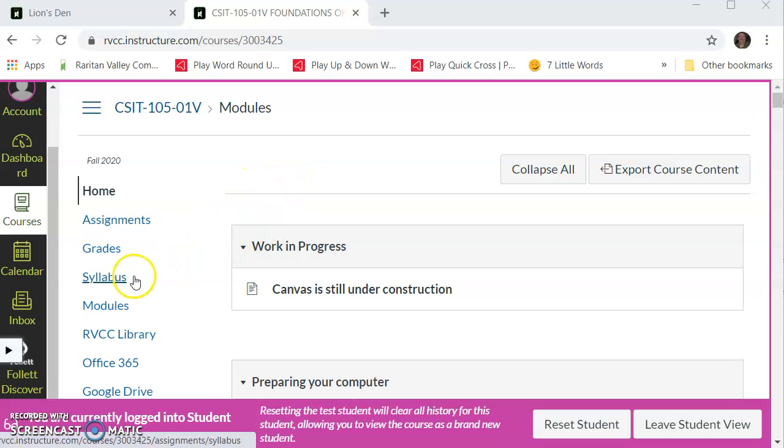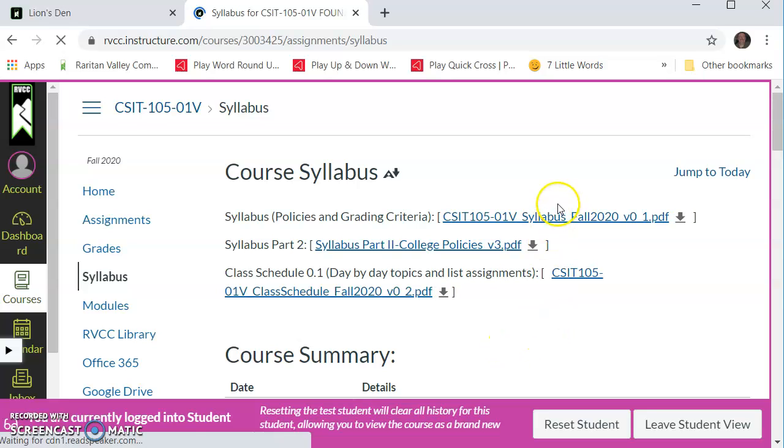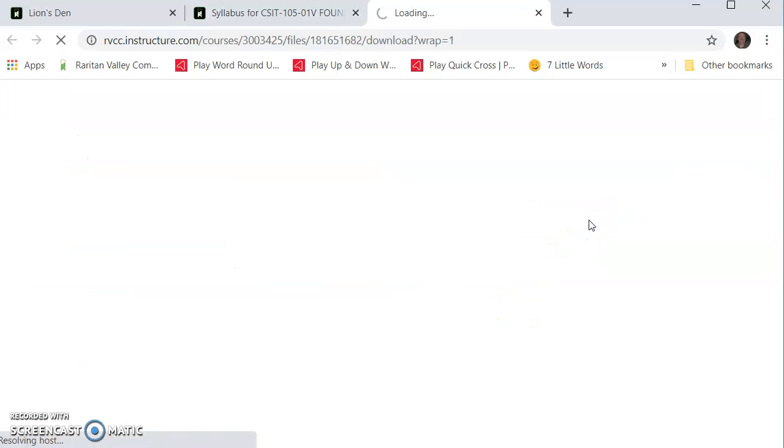I do want to point out on the left-hand side, syllabus. And there's two things that you can use this for. One is you have access to the quote-unquote syllabus. So if we were in the classroom, I would hand out the first class this paper document, which would have all the policies, and it would have the class schedule. So on the left-hand side, the syllabus tab takes you to this screen, of which, I'll click on this one here,